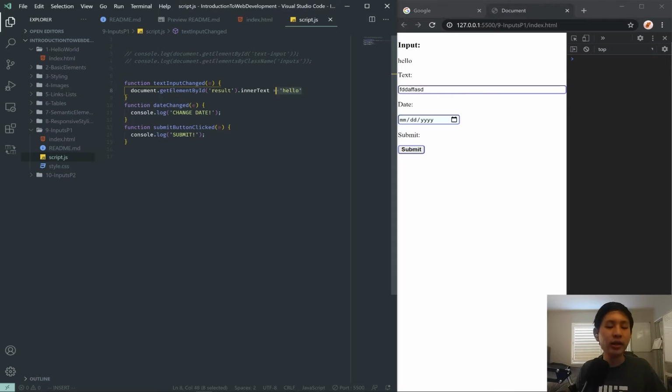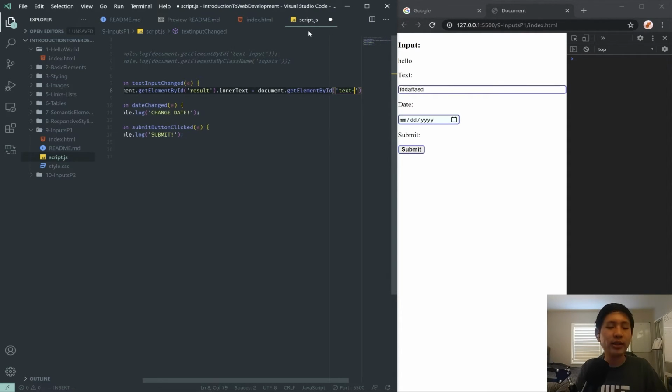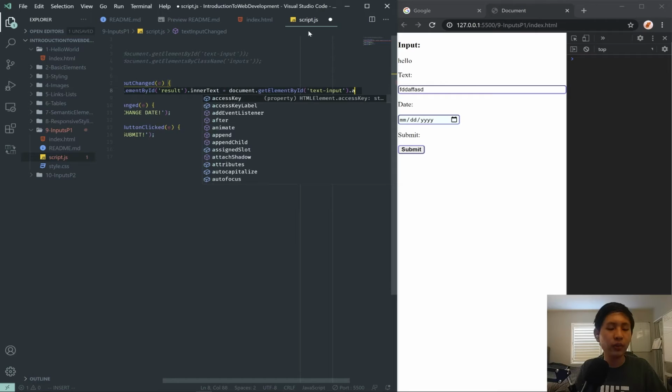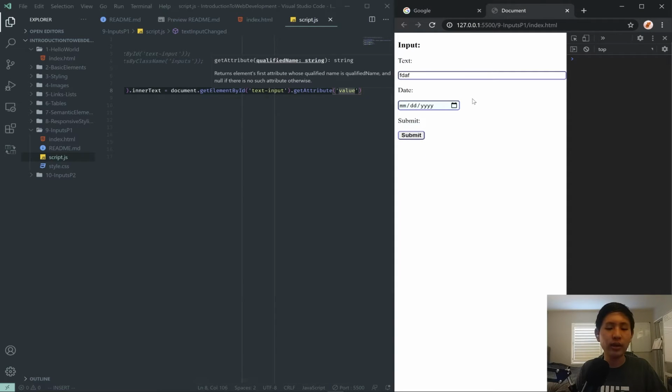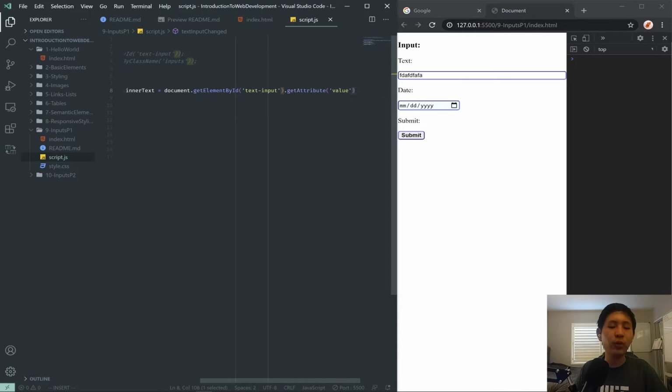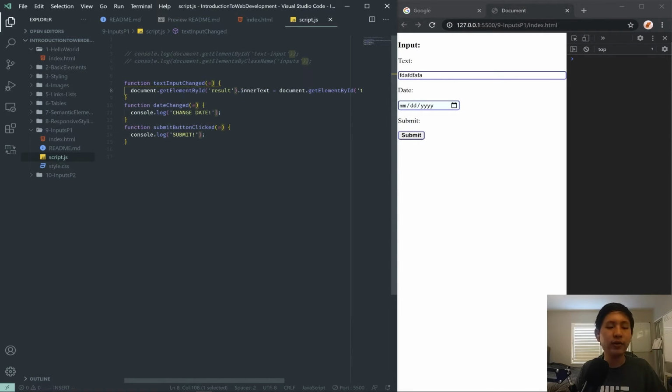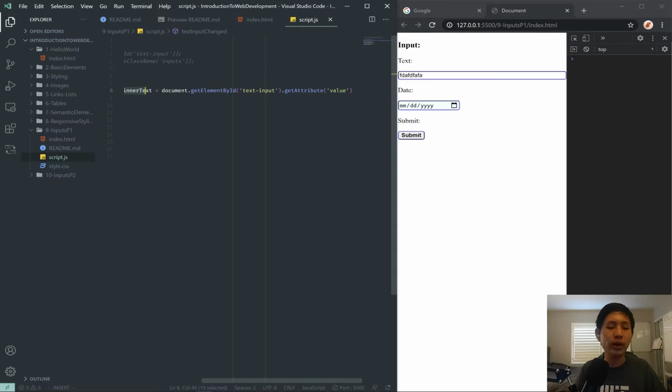And then in addition, what we could do is we could even do something like document.getElementById, and then we could grab our text-input, and then what we could say is dot value or dot getAttribute value, if I'm not mistaken. Let me go ahead and test this. Actually, no. So yeah, if we want to set the inner text of this result into what is inside our